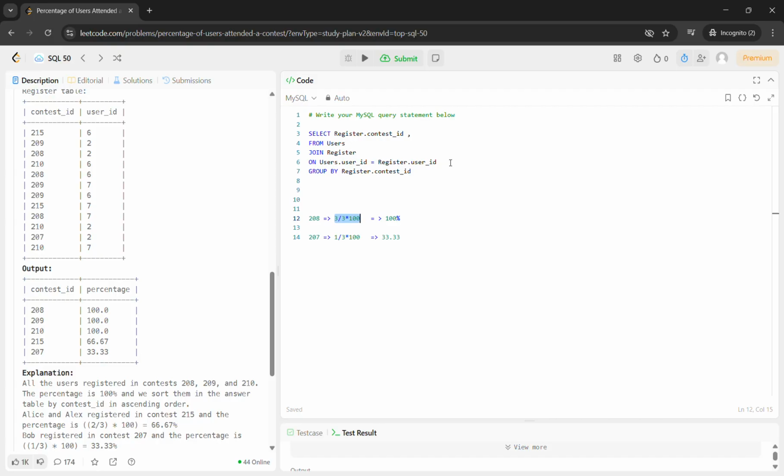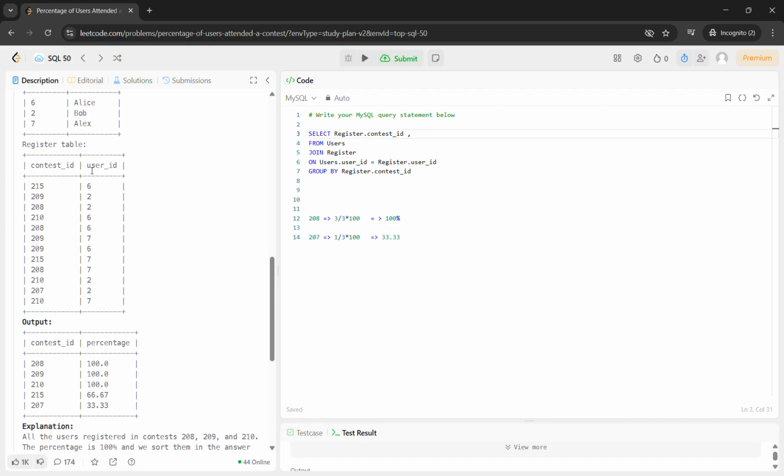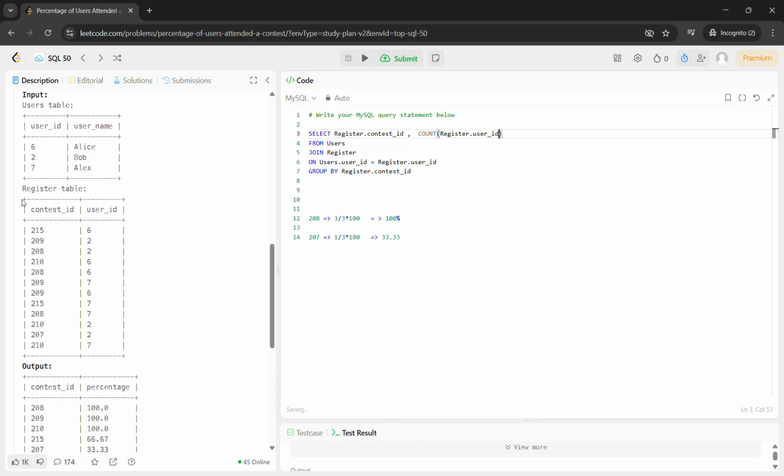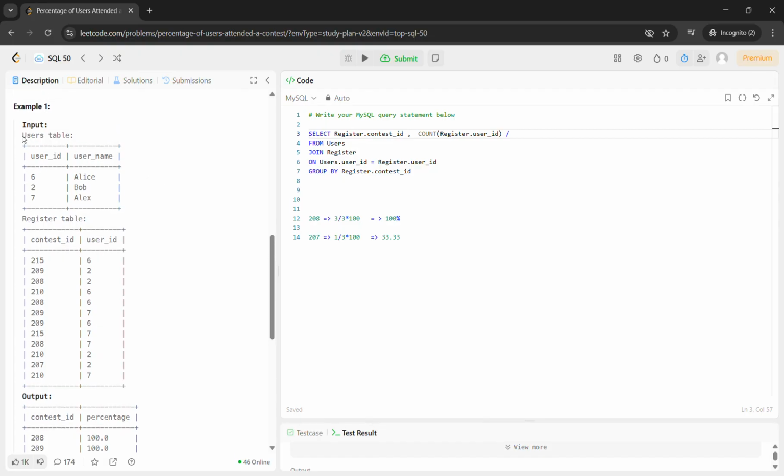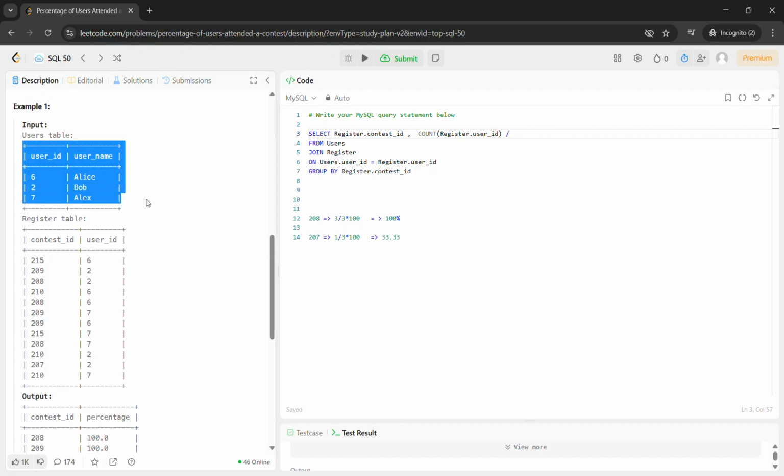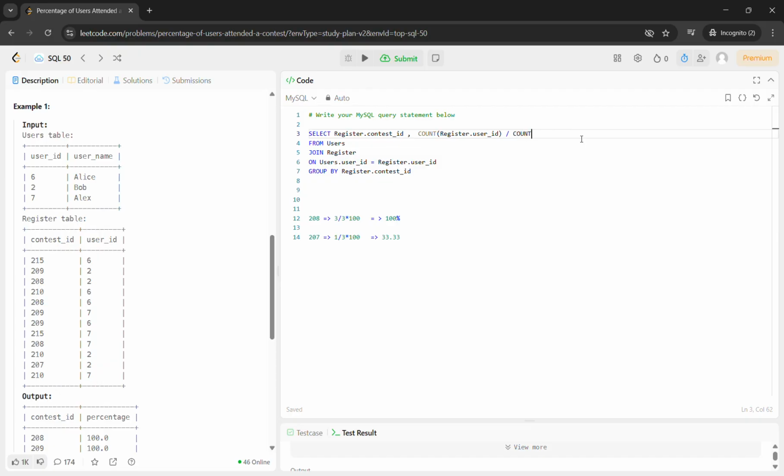So this is what I now need to do. First I need to count the user ID in the register table. So I will do count of register.user_id. These are the user IDs we are counting from the register table, and then divide by the total number of user IDs from the user table, like the total number of users. Generally people do count and then user.user_id,